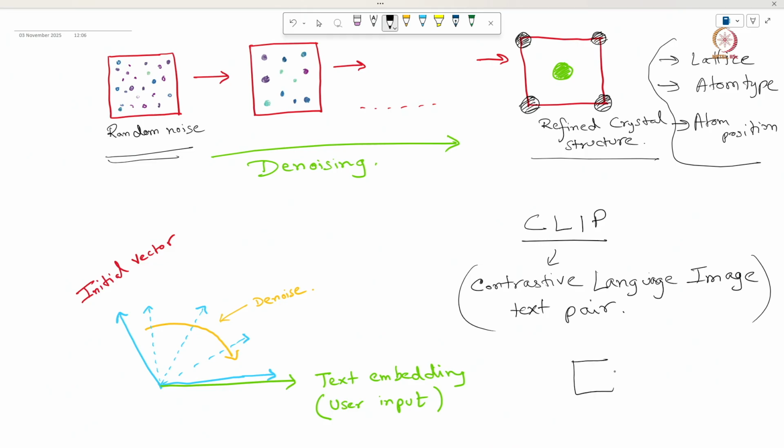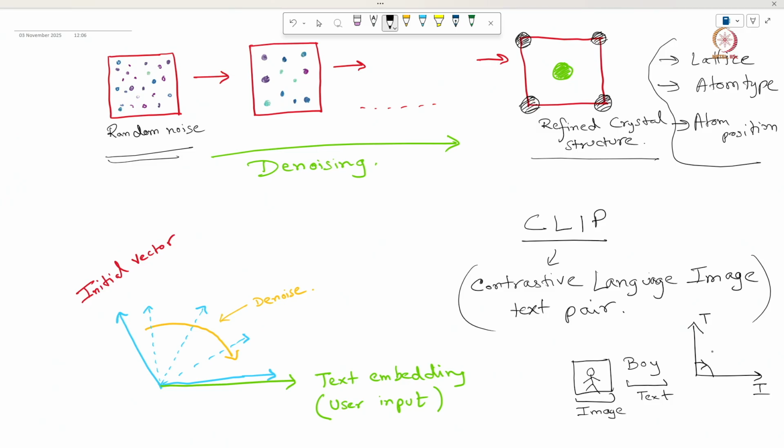So suppose you have an image of, say, a boy, and the corresponding associated text with this is "boy". So this is your text vector, this is your image vector. What CLIP does is project your text vector to a higher dimensional space, and in the same space you project your image vector also. So this is your t vector, this is your I vector. And what CLIP will try to do is minimize the angle between them.